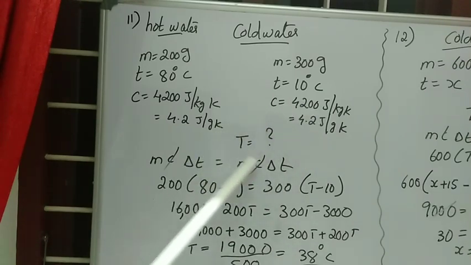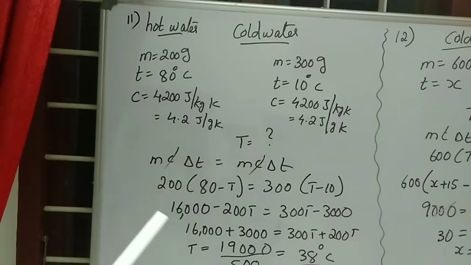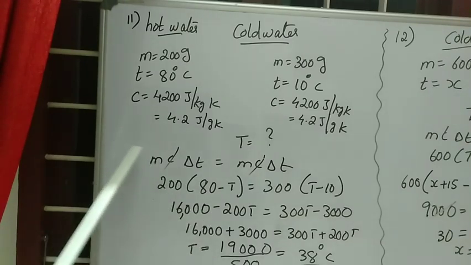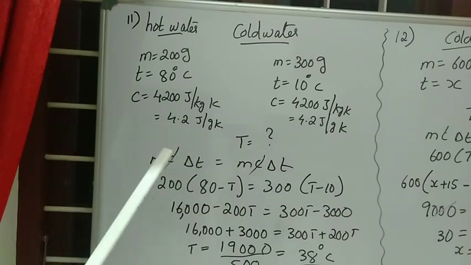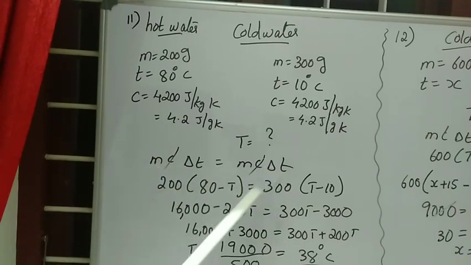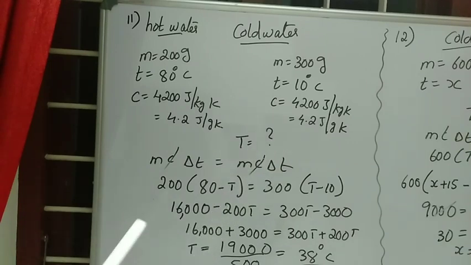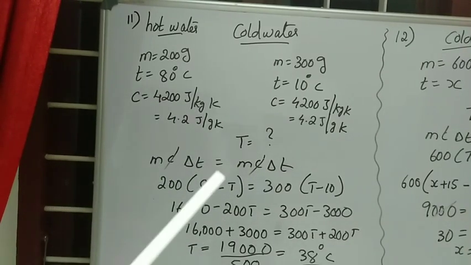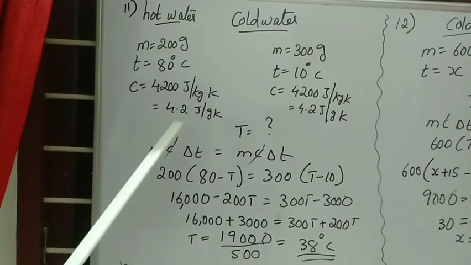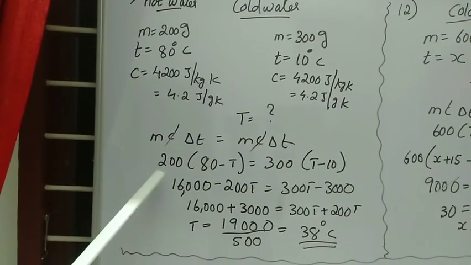You are asked to calculate the final temperature of the solution. We are going to mix hot water with cold water, and you are asked to calculate the final temperature of the water. So you have to write the step. The heat lost by the hot water is equal to the heat gained by the cold water. MC delta T is MC delta T. Here we can cancel C because on both sides we are taking water. In the previous question we were taking water and metal, so the specific heat capacities were different. Since here both are water, we can cancel. No need to even substitute. Just cancel C.